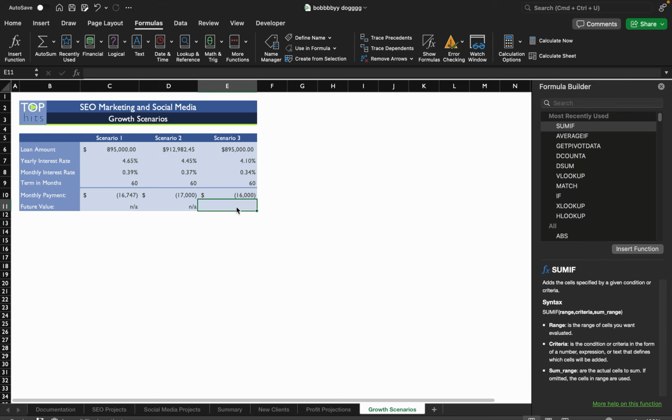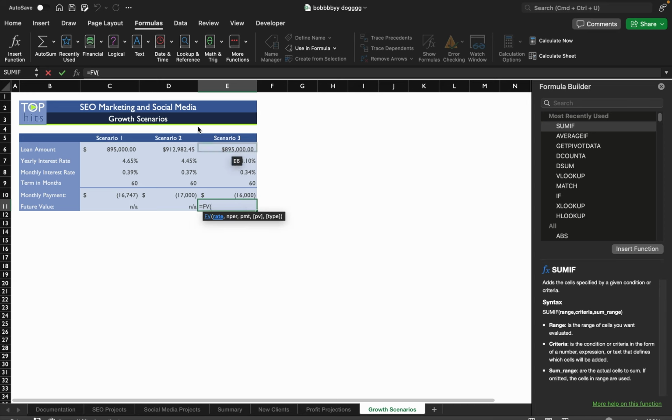Carla wants to know the total amount spent for a loan of $895,000 at an annual interest rate of 4.1% and a monthly payment of $16,000. Calculate the future value of the loan for Carla as follows. In cell E11, which is here, we're going to put equals FV,